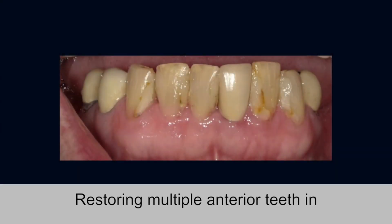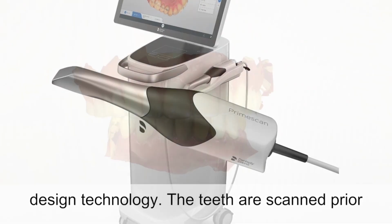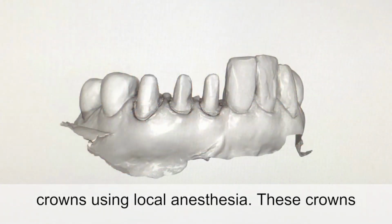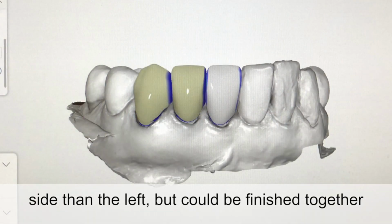Restoring multiple anterior teeth in the dental office using Cerec CAD/CAM 3D design technology. The teeth are scanned prior to any preparation, then prepared for ceramic crowns using local anesthesia. These crowns were completed in segments, first the right side, then the left, but could be finished together in one